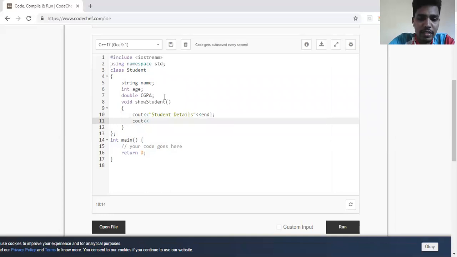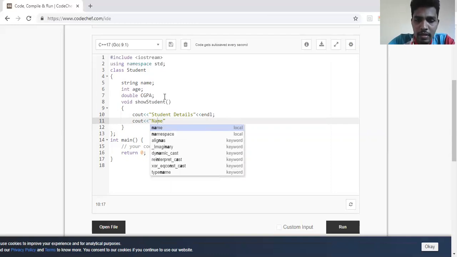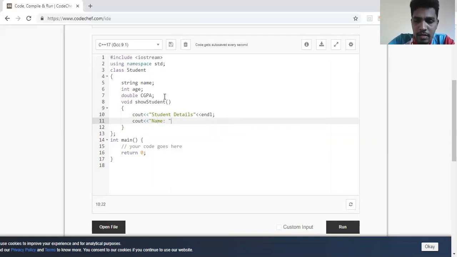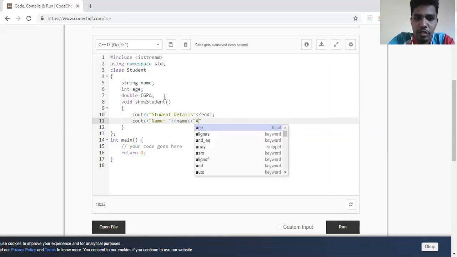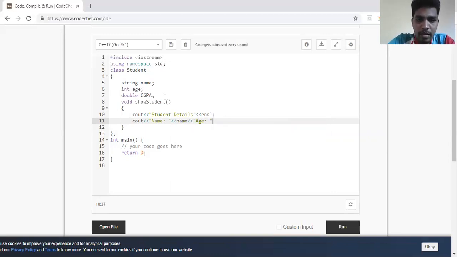The first one is name. Let me write name. And then the second attribute is age. Let me write age. I'll start the second attribute with a space, so I'll write \t.